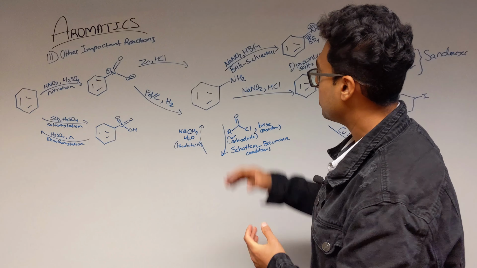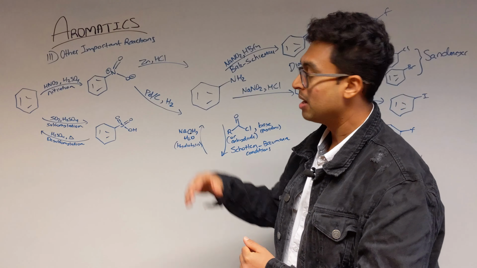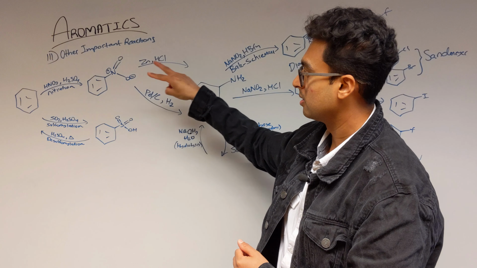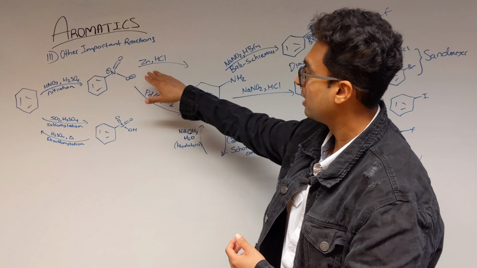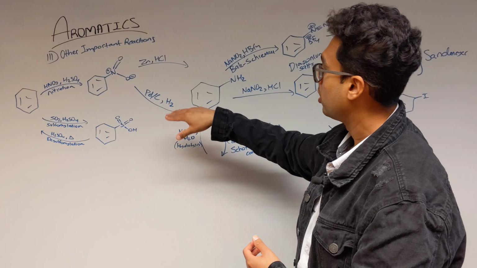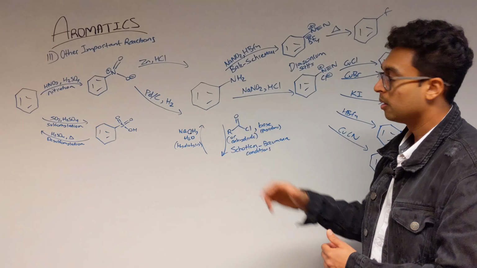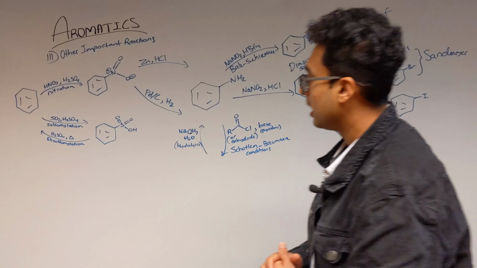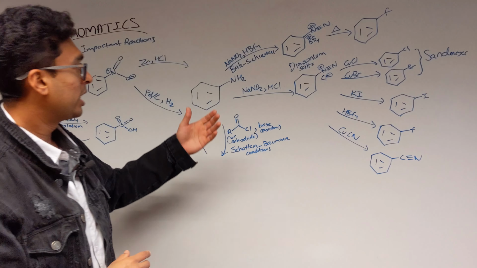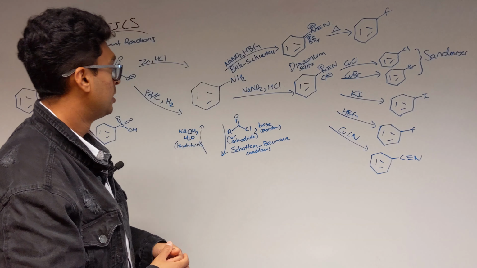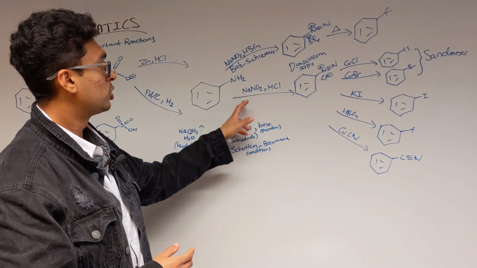What next? Let's make that an amine, benzenamine. To make that, we use reduction methods. There are two choices. Either use zinc and HCl or use palladium on carbon with hydrogen gas, which produces this benzenamine. After that, we can use this amine to form a diazonium salt. In order to do that, we use sodium